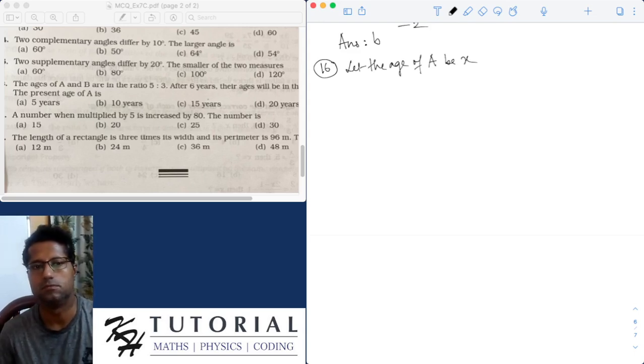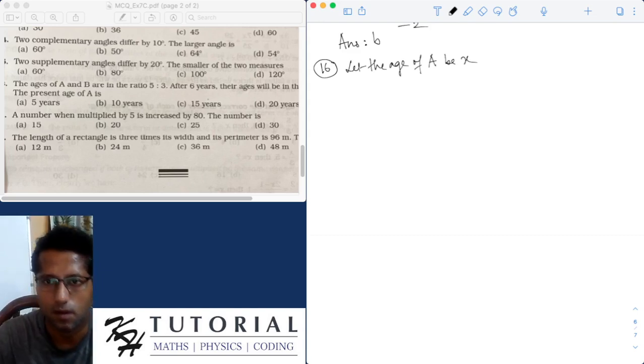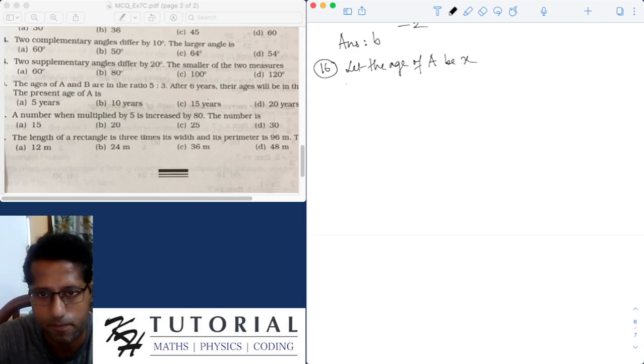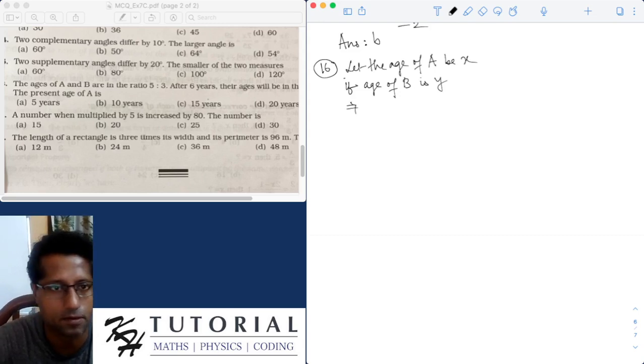If the age of B is y, then from the ratio of the ages of A and B being 5:3, x by y, where x is the age of A and y is the age of B,